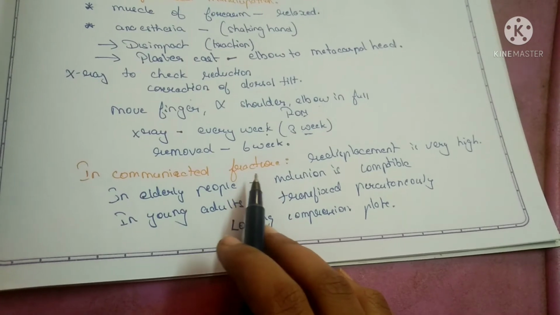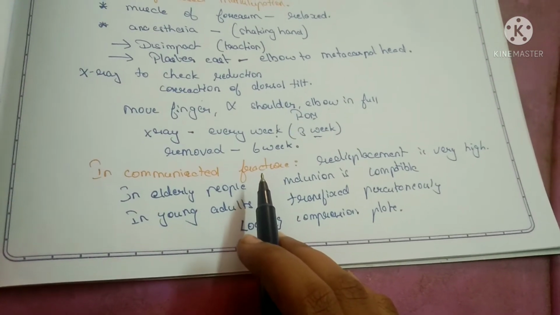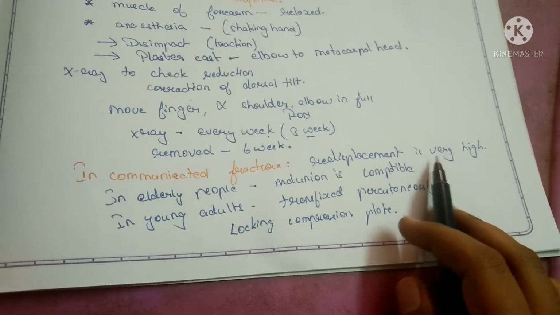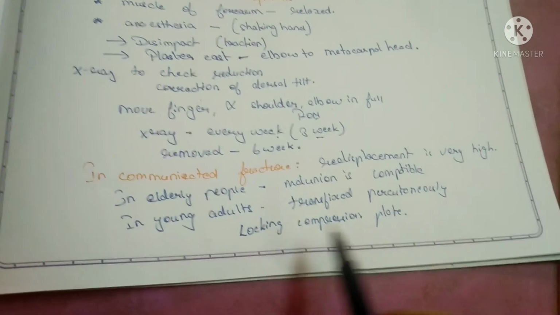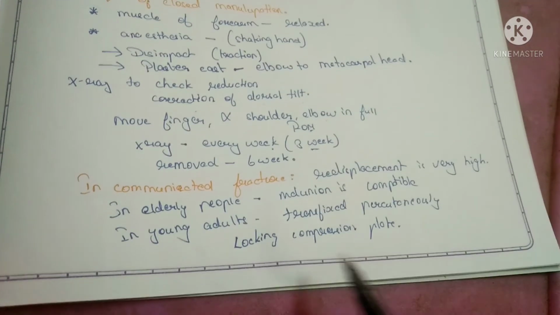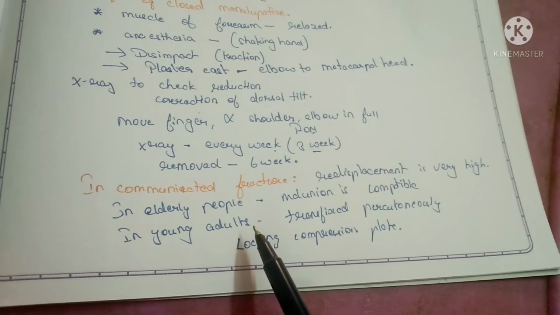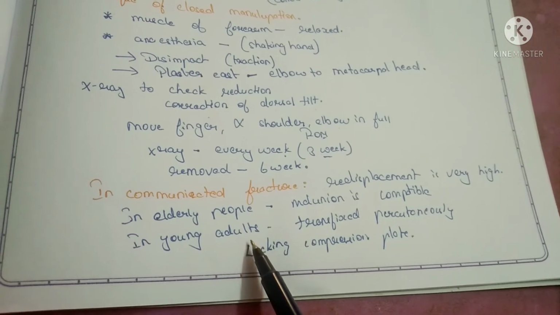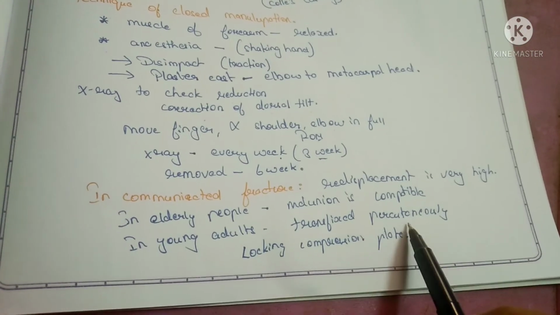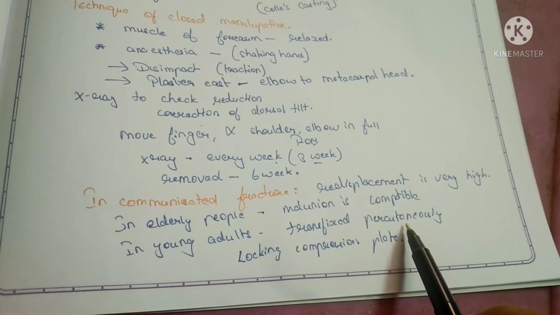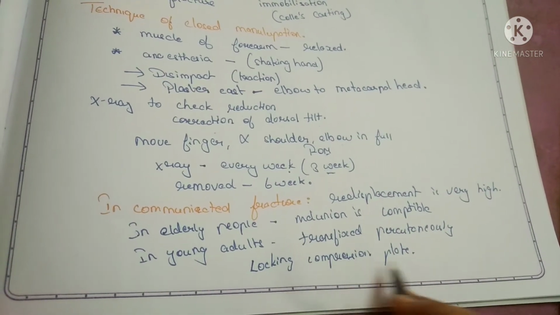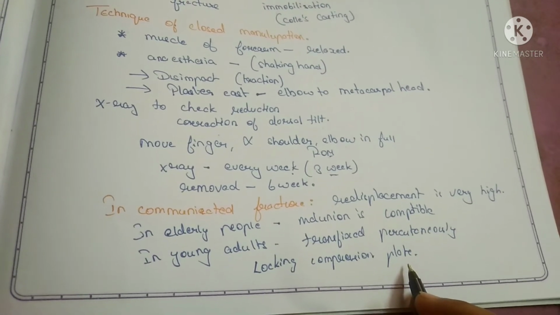In a comminuted fracture, the bone fractures into more fragments, so the redisplacement is very high. But in elderly people, the malunion can be acceptable. In young adults, redisplacement is very common because there is so much work done by the hand. So a surgical procedure is needed, like percutaneous transfixation, a procedure where two K wires are incorporated into the plaster, or the fracture is fixed with an LCP, that is the locking compression plate.